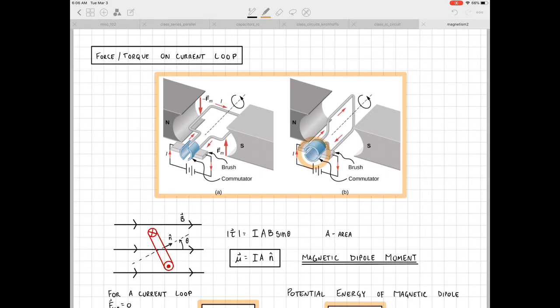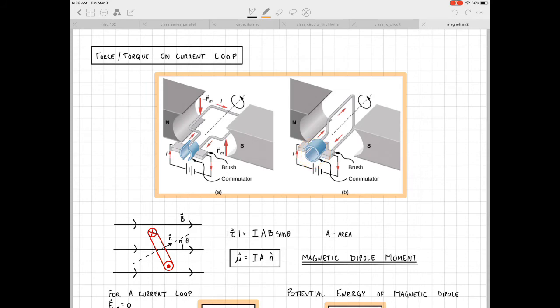And so the loop continues to rotate because there's no net torque on the loop anymore, so it continues to rotate essentially at the speed at which it was rotating until the connection gets made again and a net torque is generated and it continues to accelerate or spin again. And so what happens is you get this continuous rotation of the loop in the magnetic field,